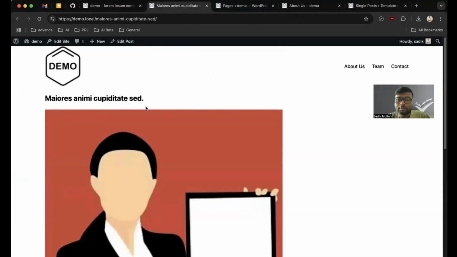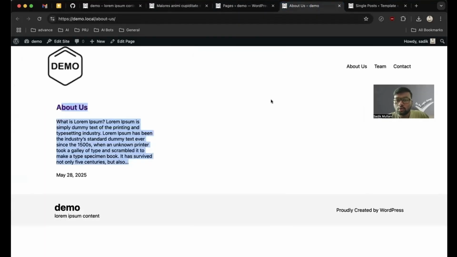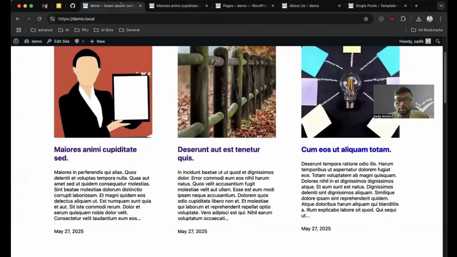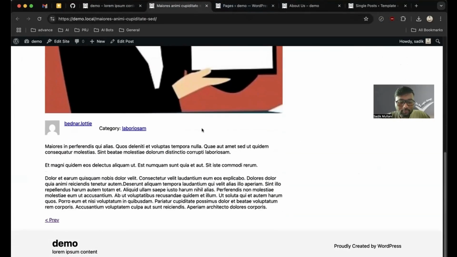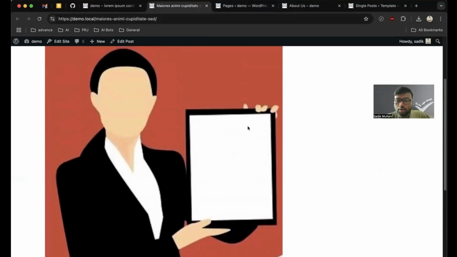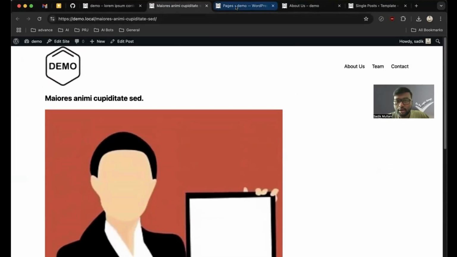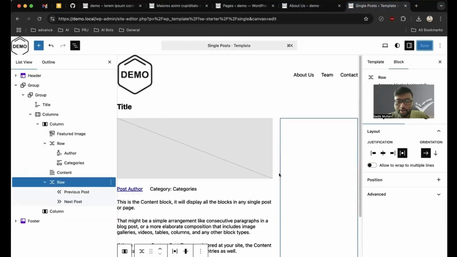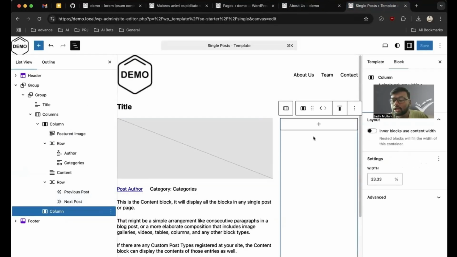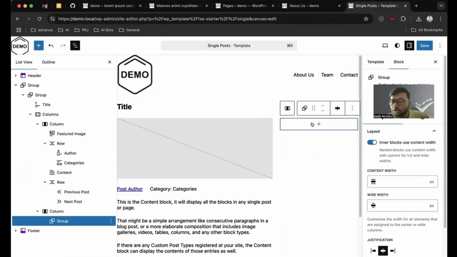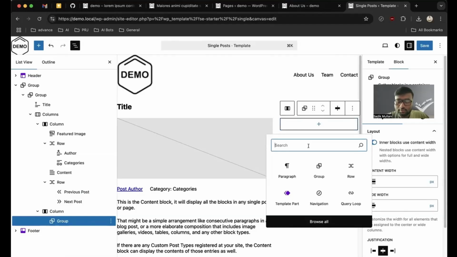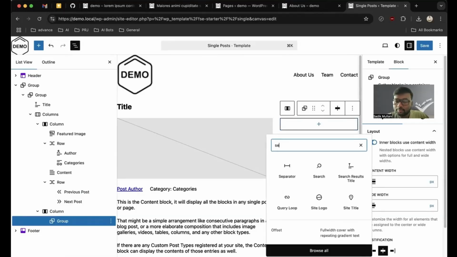So here we can see, right, our single post layout is updated as we have created a single post. But if we look at the page in the index template, then it will show as it is, right? So now what we can do is add the sidebar here, right? So in the single post template, let's create the sidebar, and we will not create it from the template part area. We can create directly from here, and then we will make it a template part as we did for the header, right? So first I have added a group, then I'll select maybe the search block,